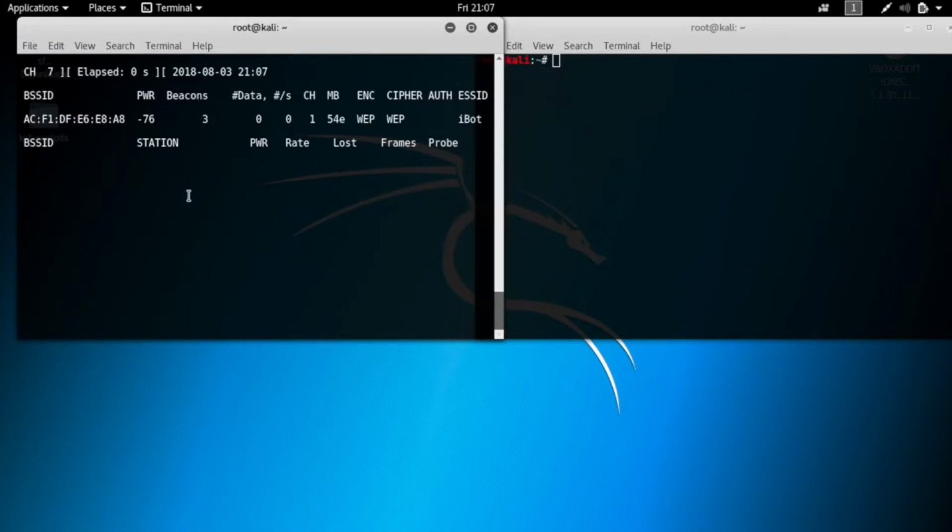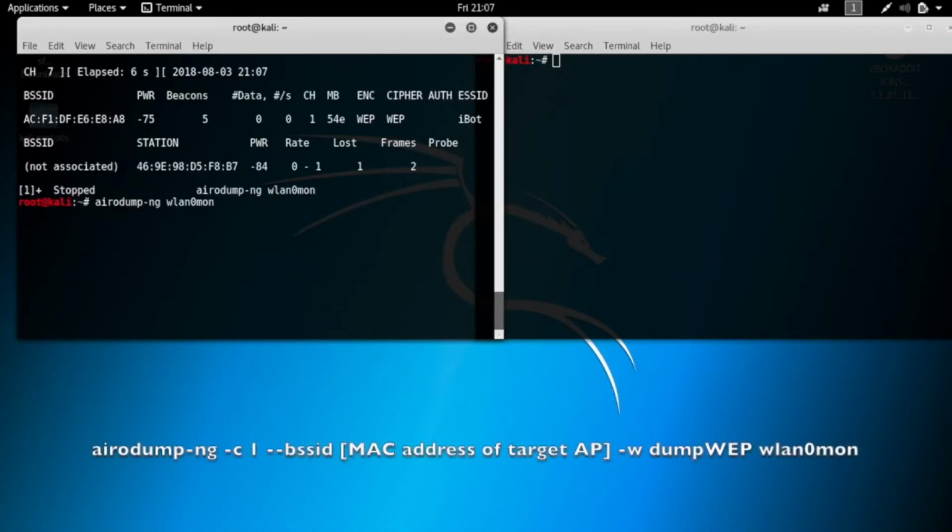Press enter. As you can see, CH1, so it is on channel 1. The name of the BSS ID is the MAC address, and the ESS ID is the name of the access point. It is iBot. So we'll stop it and we'll type again airodump-ng, the name of the channel